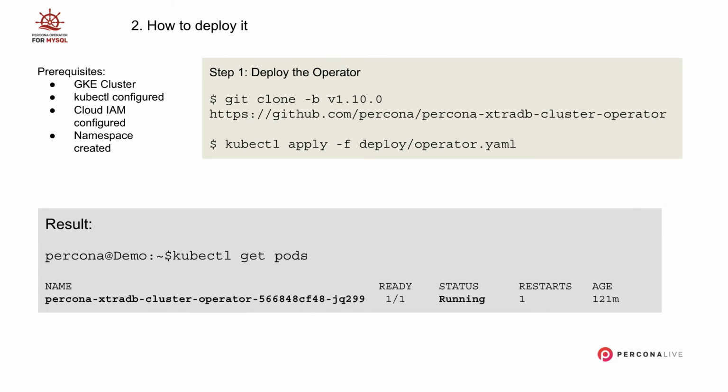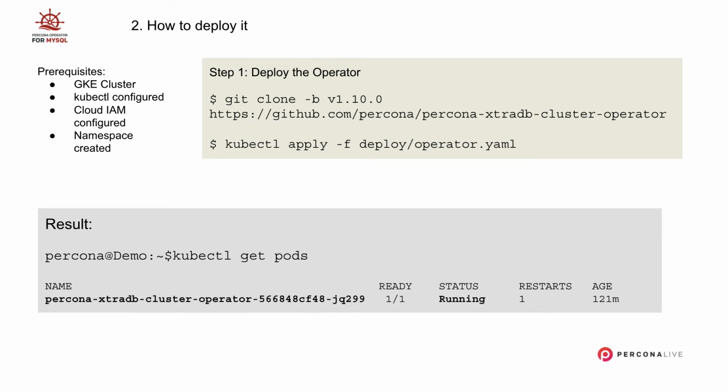Of course, a prerequisite is that you have your Kubernetes cluster, that you have your API to Kubernetes configured, so you can use the kubectl command line tool, that you have all required permissions to deploy, to create custom resource definitions and deploy applications in Kubernetes. You also need a namespace in Kubernetes.